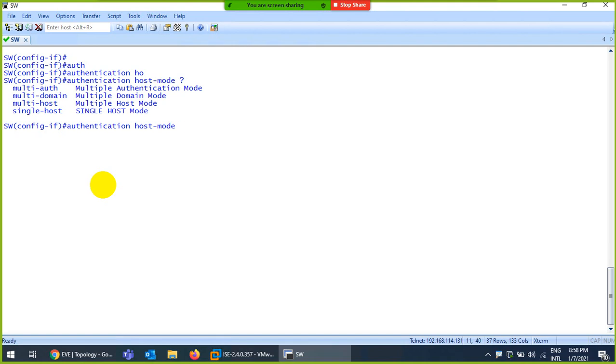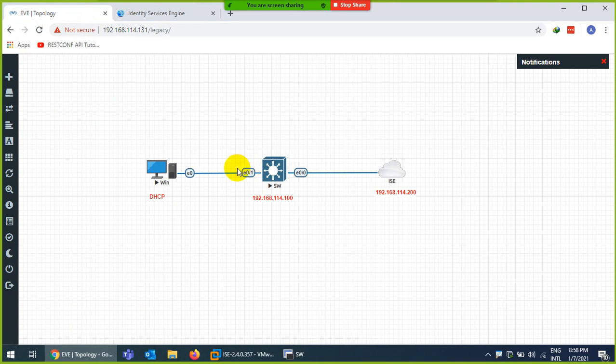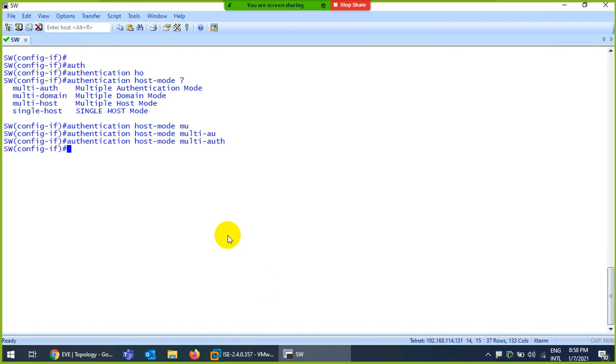Multi-domain may be one PC and one voice, or maybe multi-host or single host. Anyway, we have a single host, but I will enable multi-auth just to be on the safe side. Otherwise, the best one here is single host because we have only a single host connected. It will only allow his MAC address on this interface. Done. So now you know host mode, which we just discussed under the interface.